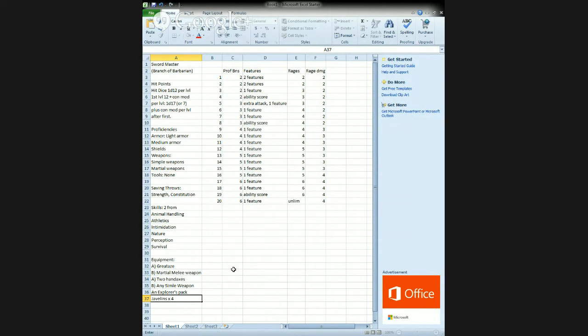Once you've pretty much, in other words, transferred all the Barbarian stuff over to an Excel sheet, you can start going between the two and deciding what you want. So what I'm going to do is deal with the hit dice, the proficiency, saving throws, skills, and equipment first, and then we're going to move over to the chart, just because the chart can get quite complex. So hit dice. For the Swordmaster, a 1d12 at first level Barbarian, an average amount of HP would be